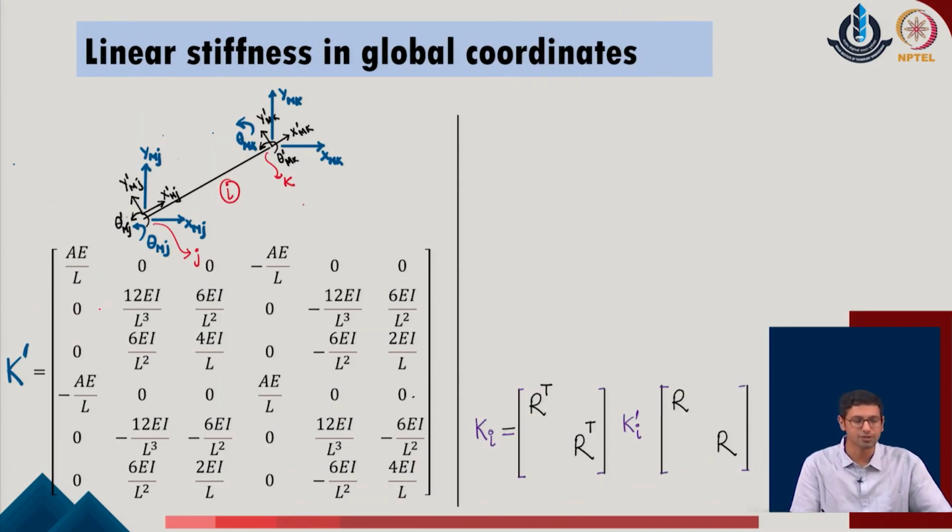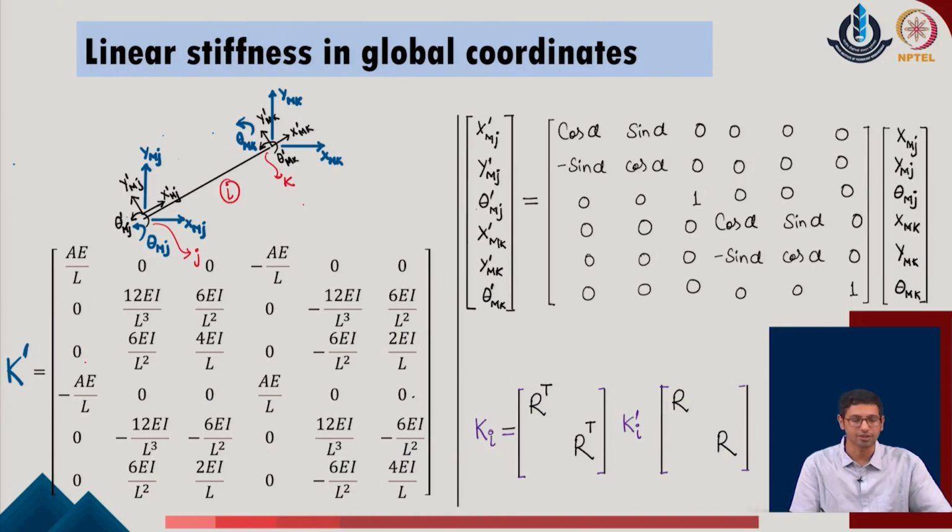To define the stiffness, we already know that the general stiffness for a regular frame member contains the 6 cross 6 stiffness contribution for a plane frame, and these contributions have been identified in this manner. Now, these contributions are defined in the local coordinates. As I already said, we first calculate the values in the local coordinates of the given system, and to be very careful, this is only the linear term of the given system.